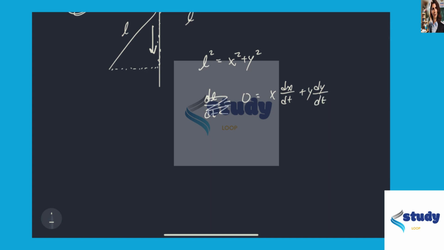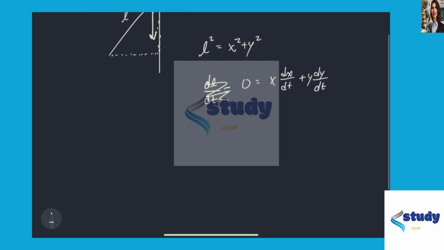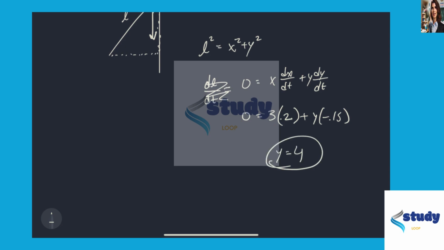When we solve for y, we end up getting that, and plugging in the other values that we have, we get that 0 is equal to 3 times 0.2 plus y times negative 0.15. With that, since x is 3 in this case, y is going to give us 4. Now,